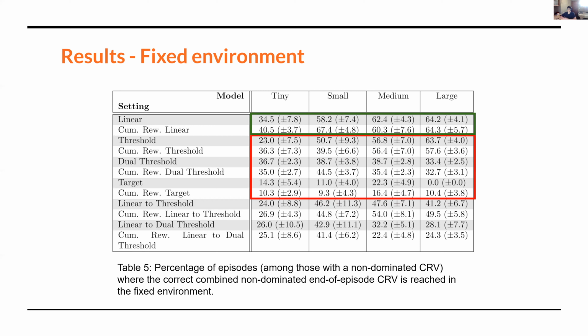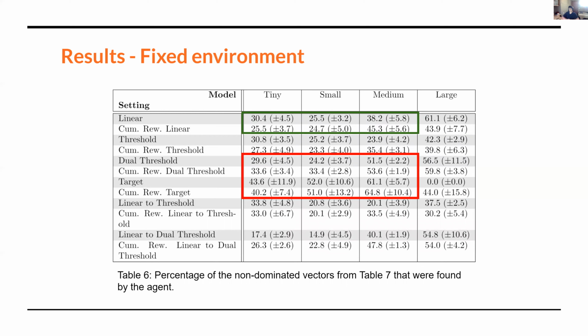But yeah, this is a problem that non-linear agents seem to have. They seem to reach non-dominated reward vectors often, but they do so inefficiently. The next table shows